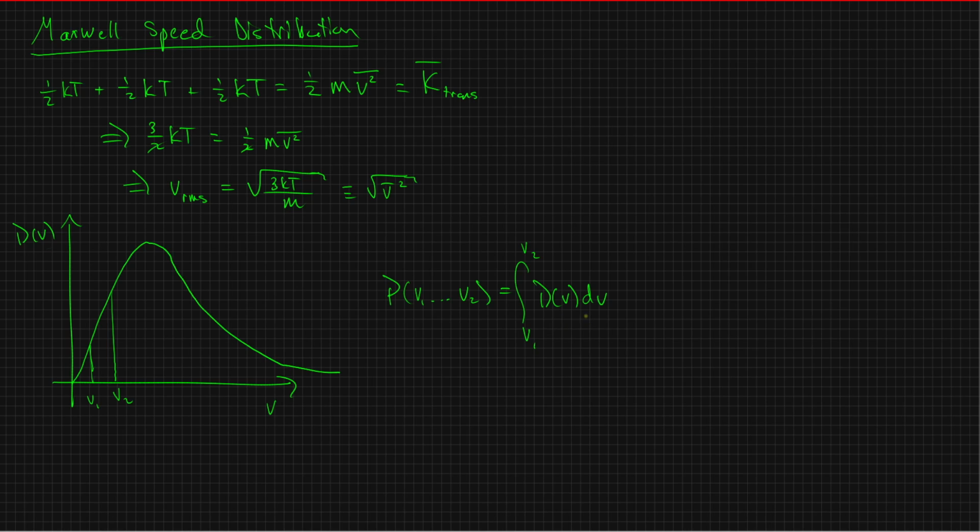But now we're in the position where we need to actually figure out what this distribution is. We know how to calculate probabilities if we have something that looks like this, but how do we actually come up with it? Well, we have all the ingredients. So let's make a nice cake at this point. What's our first ingredient? The first ingredient is going to be the Boltzmann factor. And the second ingredient is that we're considering three-dimensional space